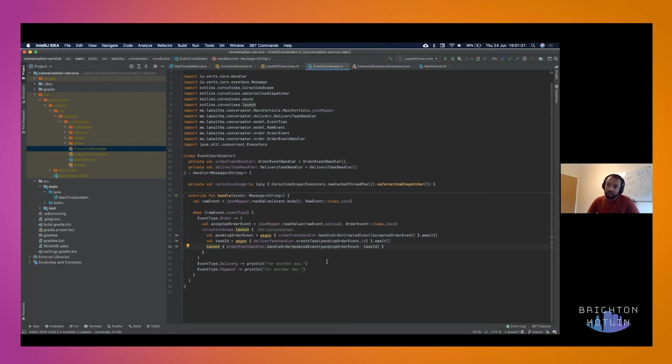That actually helped as well, because Vertex on one hand is very lightweight, and it was basically a good framework. On top of that, Kotlin coroutines complement this server. So that's pretty much it in terms of the example and code.